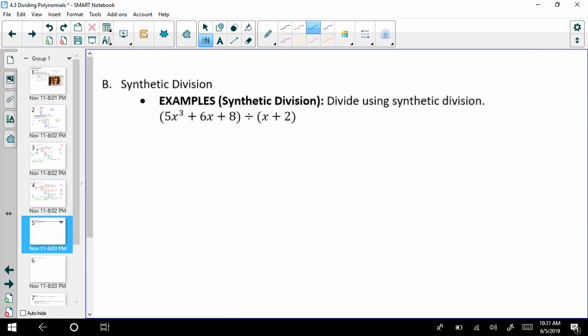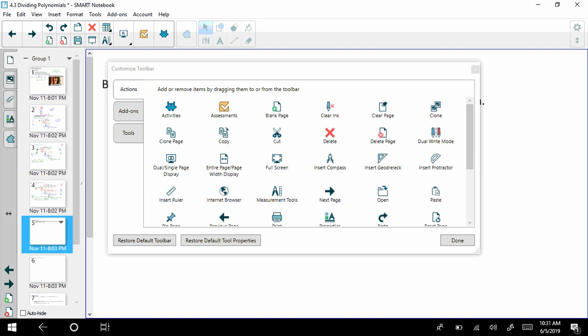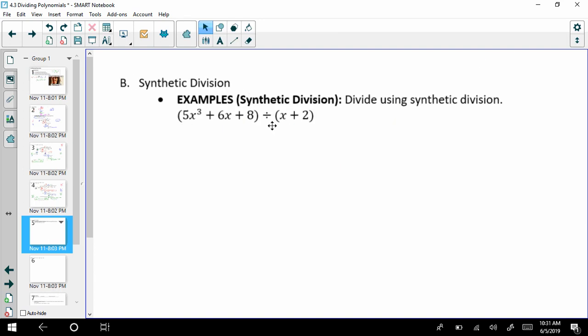All right, so let's look at the other item on the agenda. Long division, let's be honest, can be a pain in the butt and it takes a long time. So again, mathematicians are always on the lookout for those shortcuts. They created another way to divide, which really speeds up the process. However, here's the downfall, because you might think, well, if this way is quicker, why don't we just do it all the time? This new way called synthetic division can only be used if you are dividing by something that